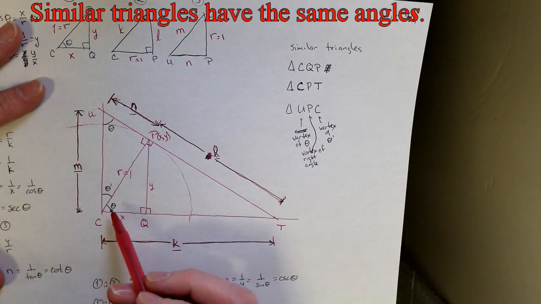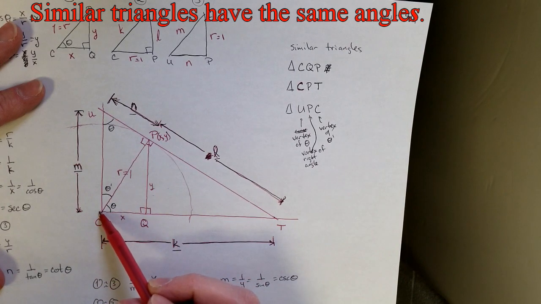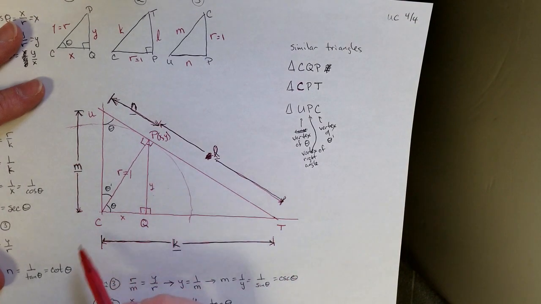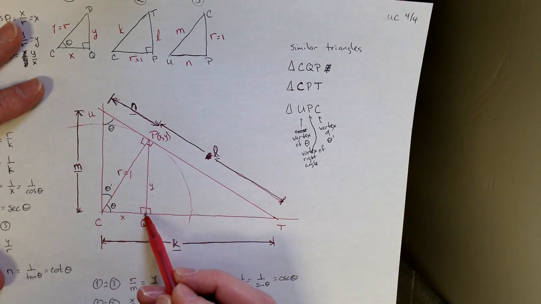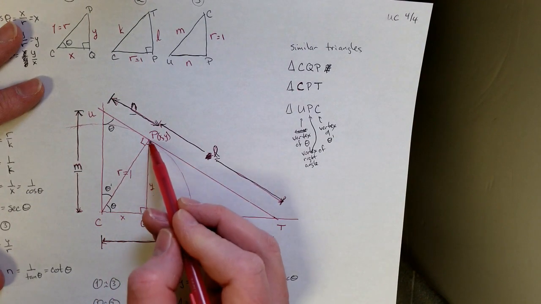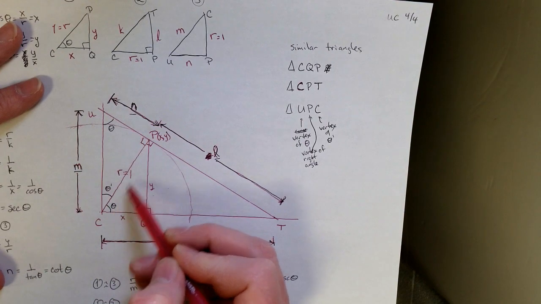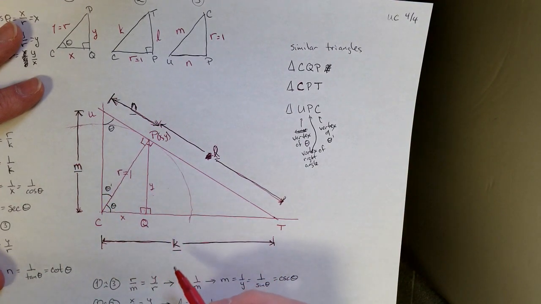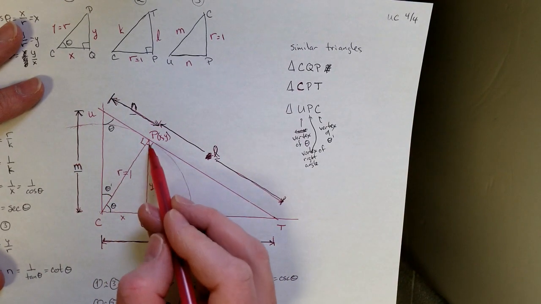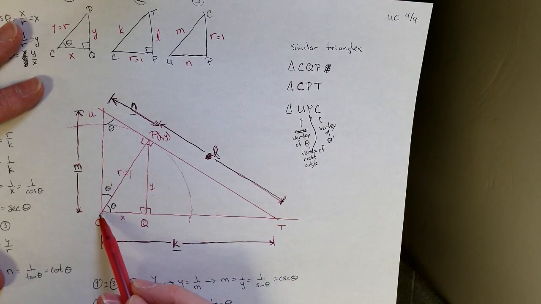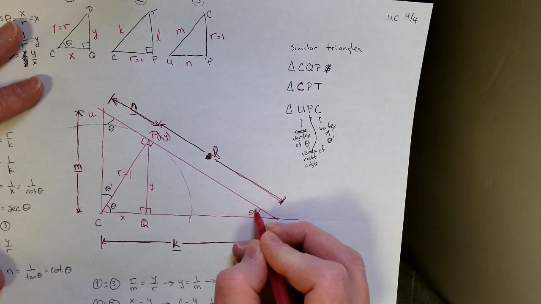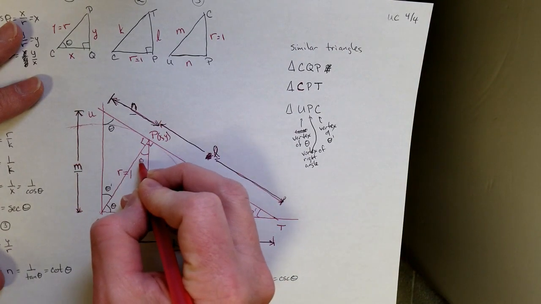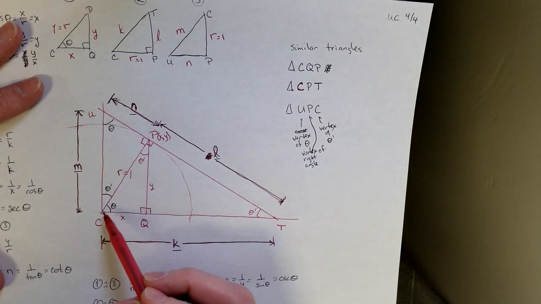So we have triangle CQP. So I'm going from the vertex associated with the angle theta to the vertex associated with the right angle to the vertex associated with the complement of theta, which I label as theta prime. So we have CQP, CPT. So this would be my theta prime down here. This would be my theta prime right here. And we have